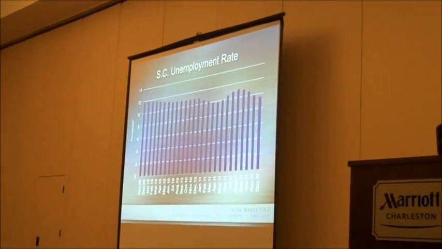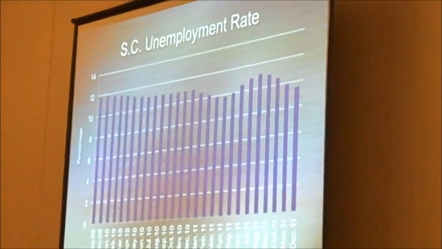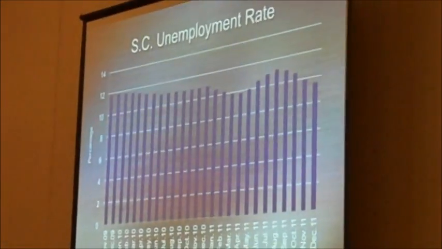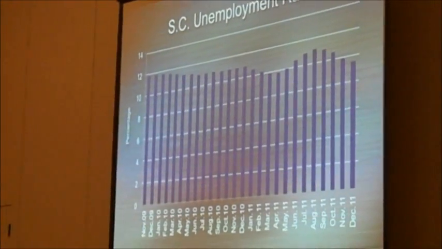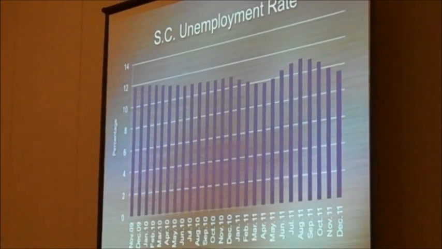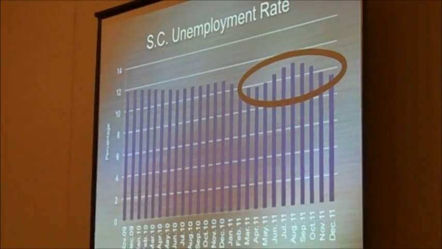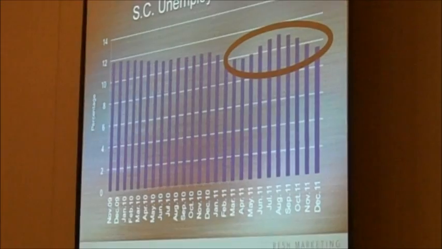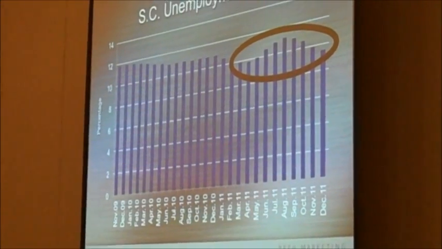Here we can track the unemployment rate for South Carolina. This just goes back to its peak back in November of 2009, and tracks it since then. And what you can see is that except for this mid-region here in 2011, it's been on a steady decline, either a constant rate or a consistently falling rate, except for the months in 2011 from roughly May to October. Right in there, we saw that little unemployment rate bubble.